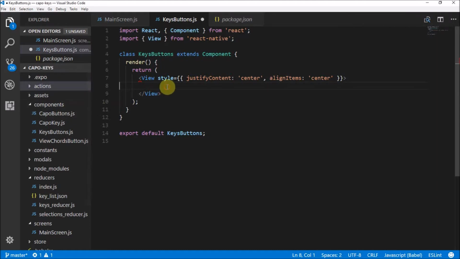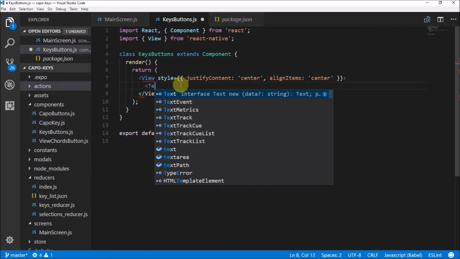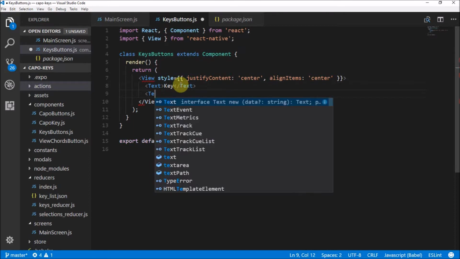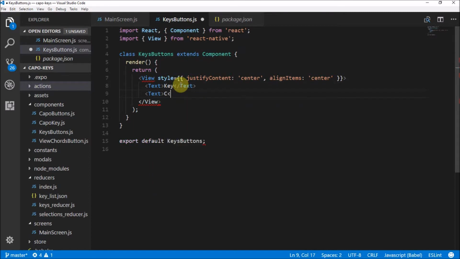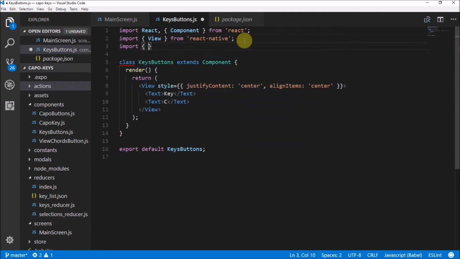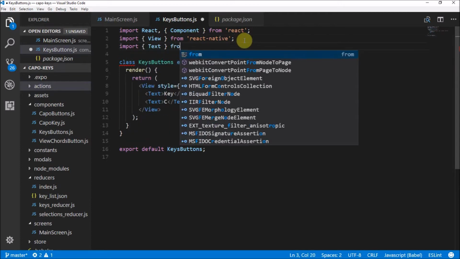The next thing we need to implement is the text components. So we're going to have those two text components, the one for the key and the other one for that, in that case it was C, or it's whatever the selected key is going to be at the time. I'm just going to put C there for now. Now, instead of getting text from React Native, I'm going to import text from